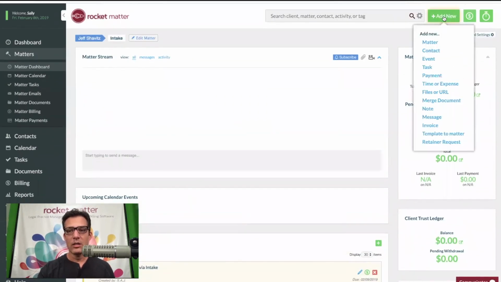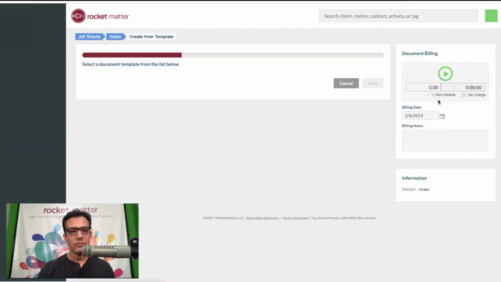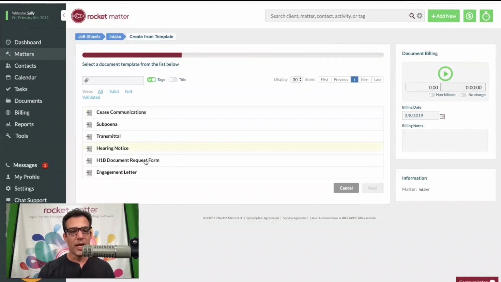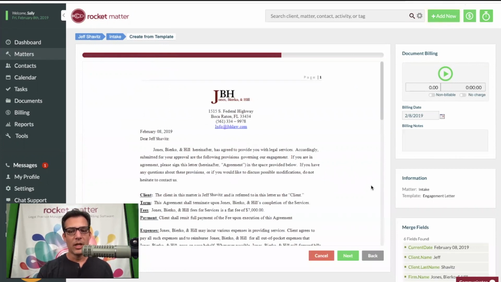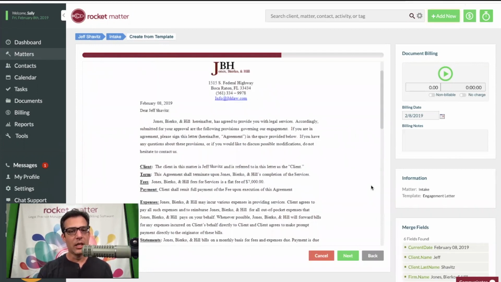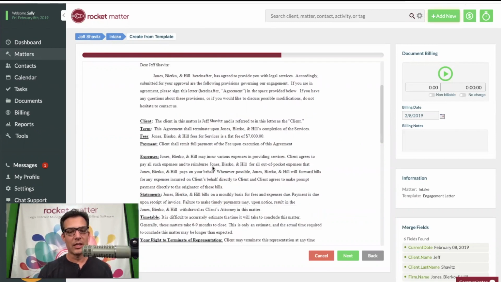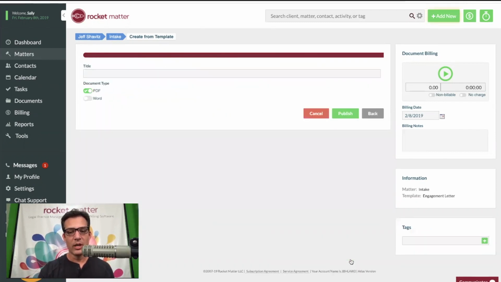And what we're going to do is a new merge document. And we are going to pick engagement letter from our list of templates. And remember, I haven't done anything, but look what happens: instantly we get an engagement letter generated. So it says, Dear Jeff Shavitz, and so on and so forth. And so it instantly creates it. It puts his address in there and everything. So we go next,